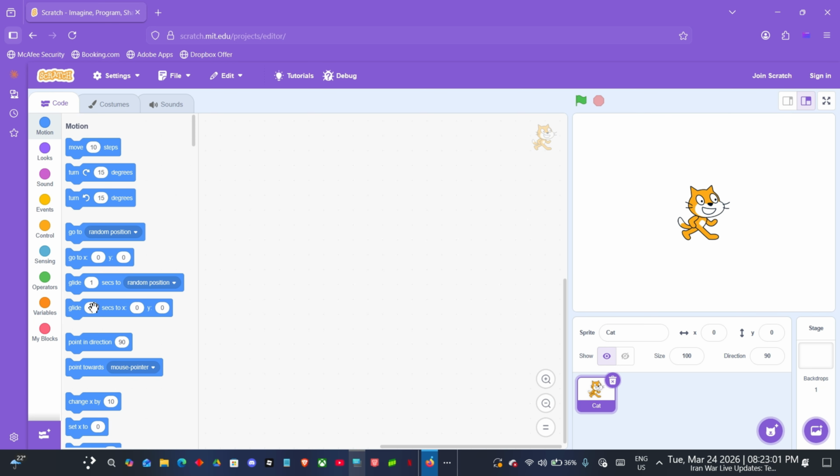Glide 1 seconds to a specific position. You have point in direction. You also have point towards the mouse pointer. This one is very useful when making pen programs, where the sprite or a specific sprite follows your mouse cursor. So if you click this,